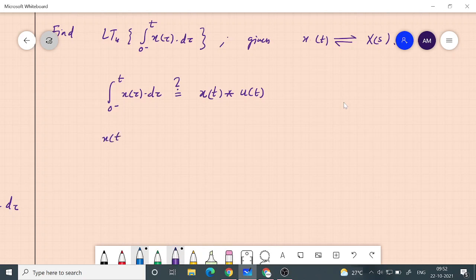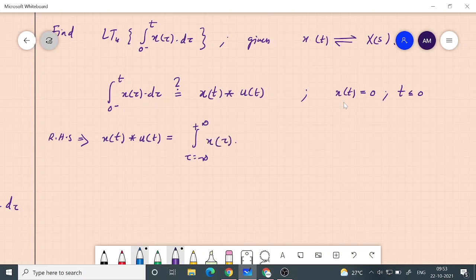Let me just write it as a separate line. So x of t convolution u of t. What do we mean by that? This is our RHS. What we mean by that, for the case that we are considering, let's also say that x of t is equal to 0 for t less than 0. Causal signal again. If that is the case, I can write tau going from minus infinity to plus infinity, that is the original formula, and then x of tau into